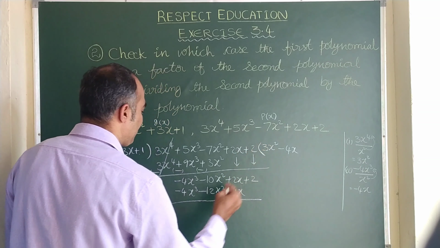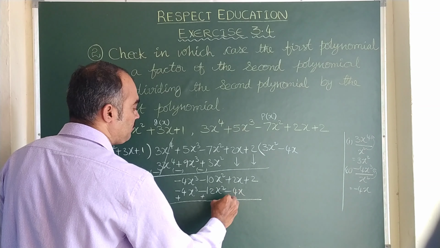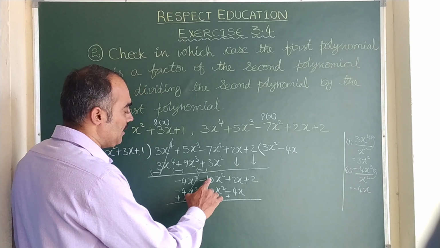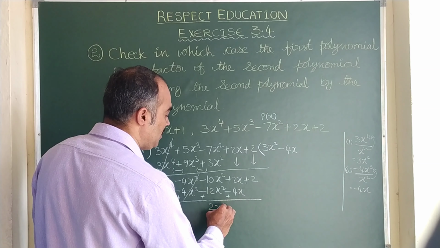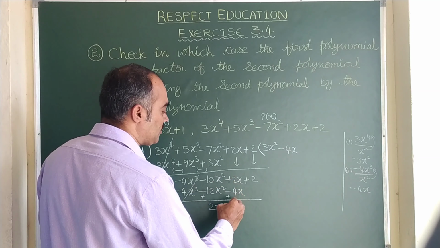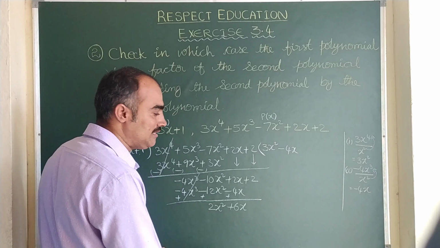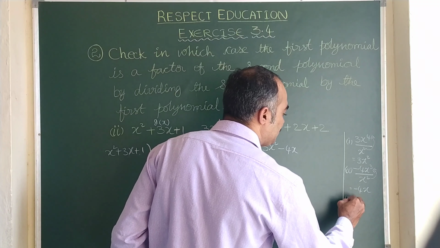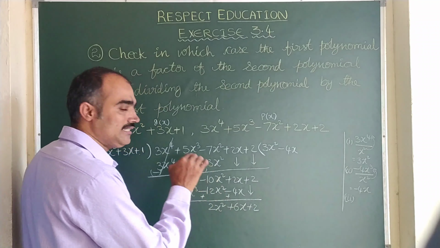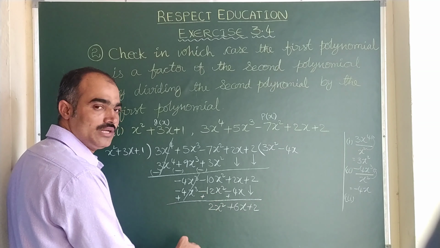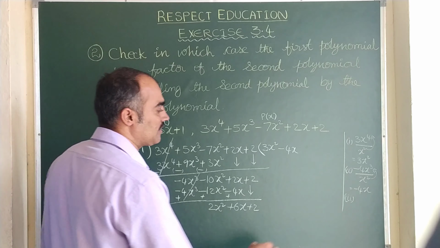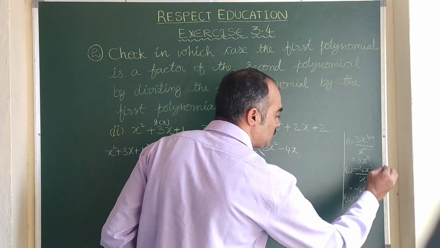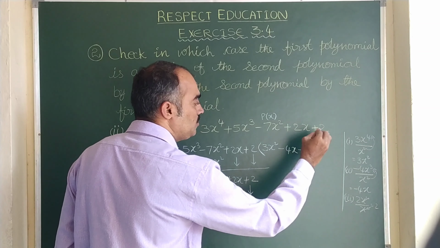Now here let us change the symbols. Plus, plus, plus. So here negative 4x^3 and positive 4x^3 get cancelled. Minus 10 plus 12 is plus 2, let us write x^2. Plus 2 plus 4 is plus 6, let us write x, and drop this plus 2. Now again the third term of the quotient. At this stage, the first term of p(x) is 2x^2 by x^2. The x^2 get cancelled, the answer is 2. So here let us write 2.